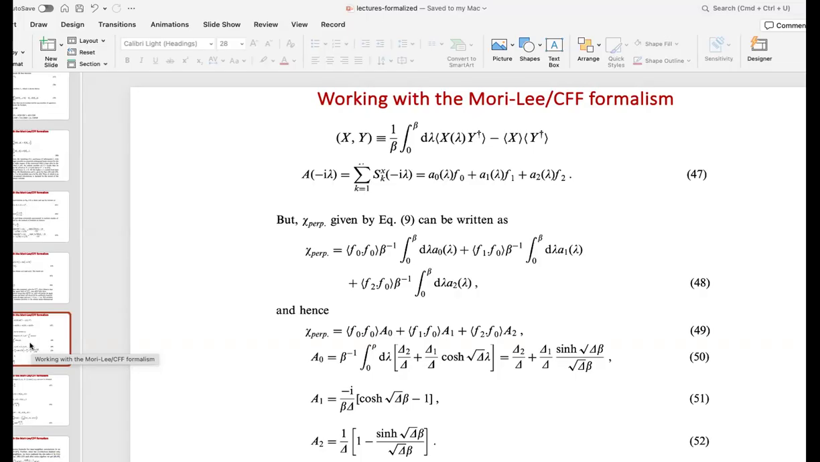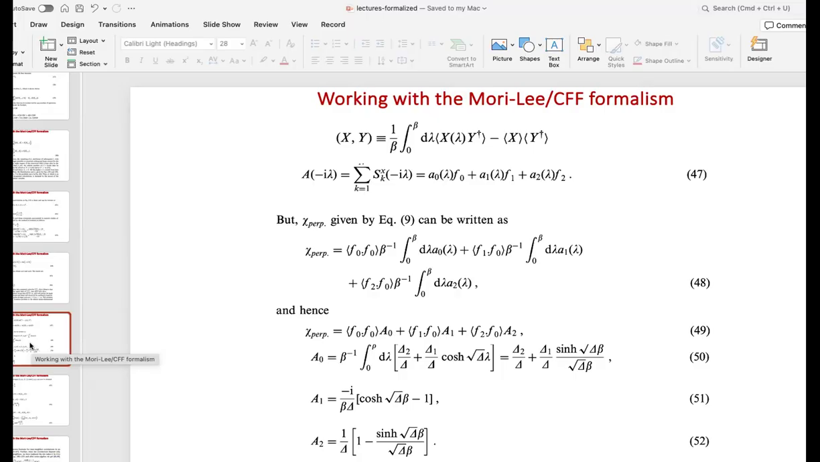A is a function of minus i lambda. So Sxk is a function of minus i lambda. That means A0 of t can be a function of lambda, A1 of t a function of lambda, A2. So then chi perpendicular can be written as, so A comma A, right? So then this can be written as